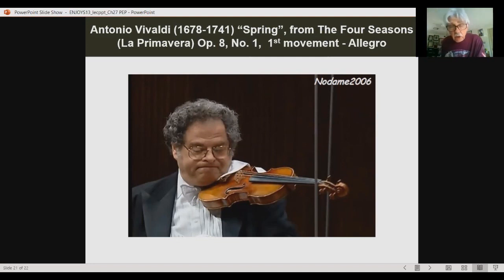The second movement is largo, which means slow. And here, the description is, "And in the pleasant flowery meadow, to the gentle murmur of bushes and trees, the goat herd sleeps, his faithful dog at his side." And I want to play just part of this because, well, I want you to listen to the viola that has this part that, right above the music, Vivaldi writes, "barking dog."